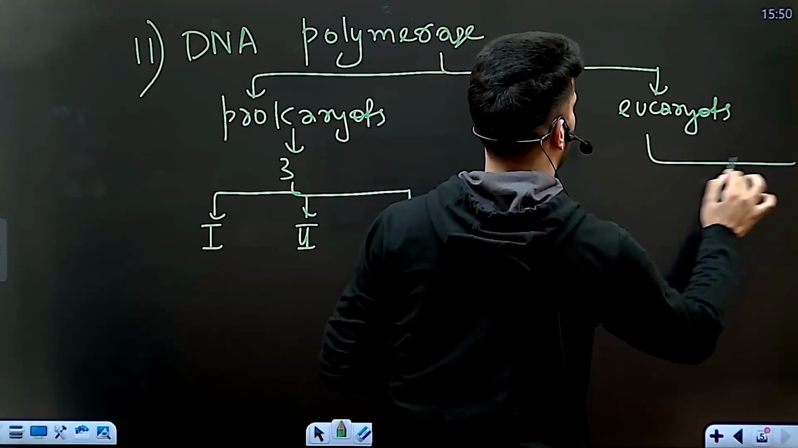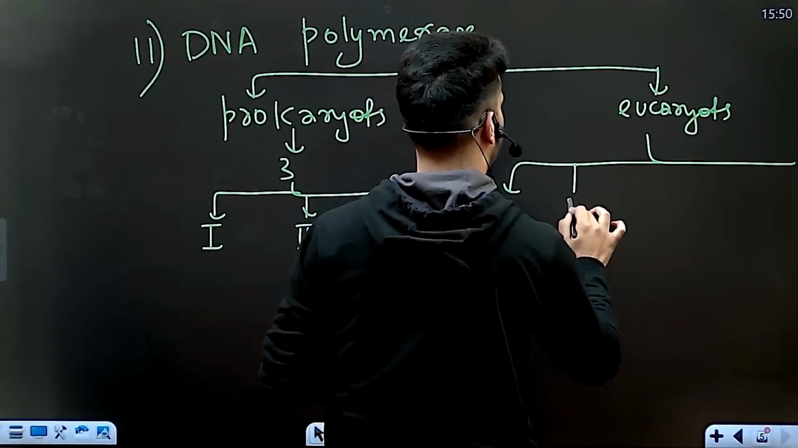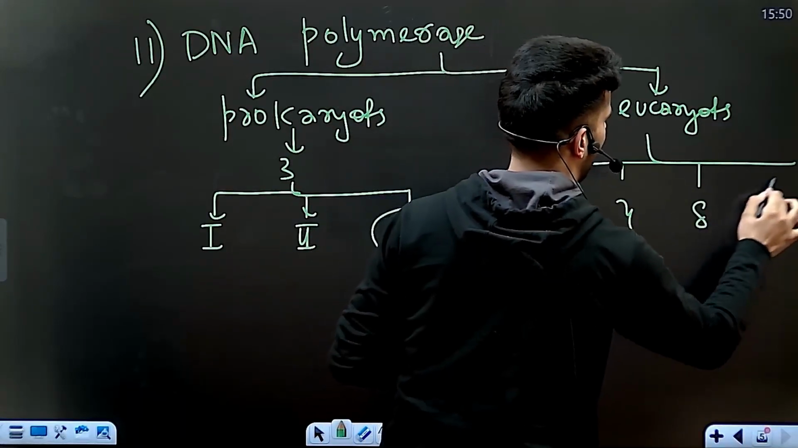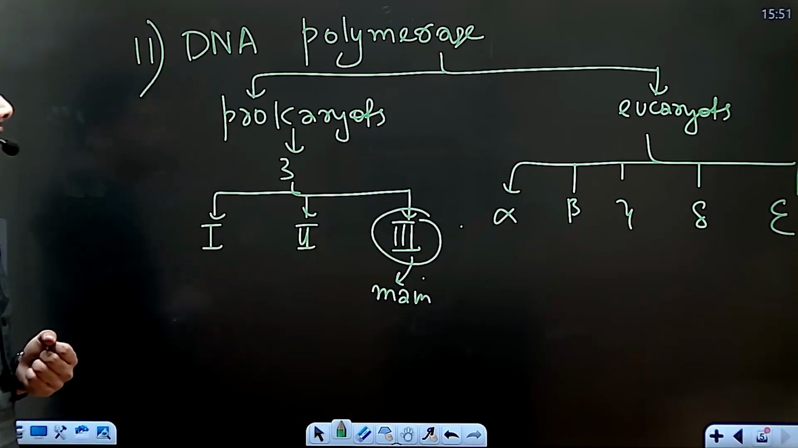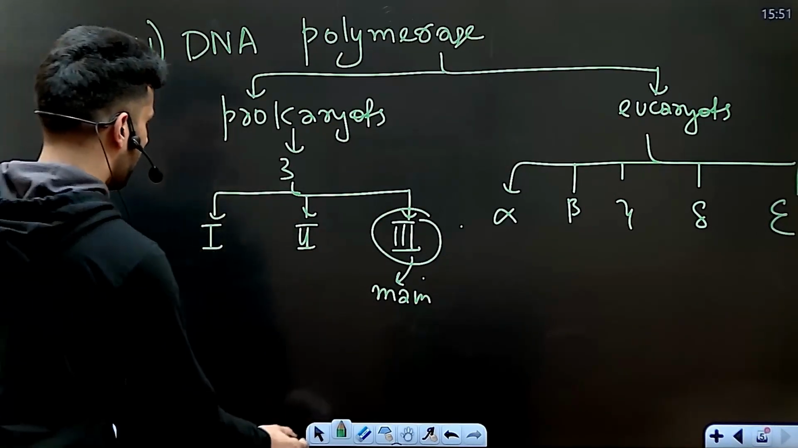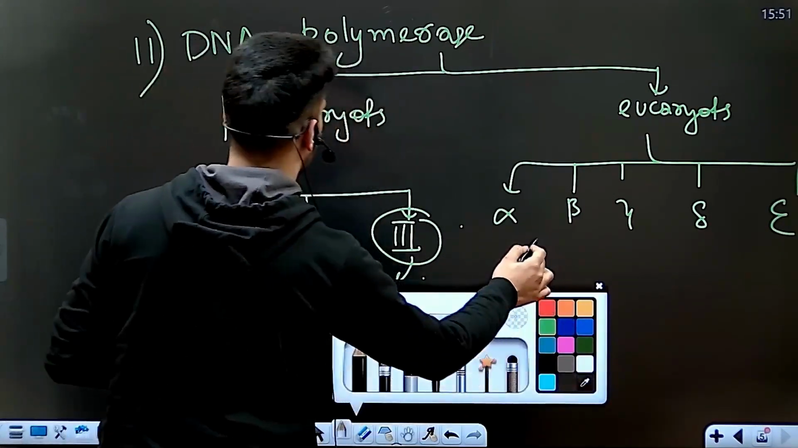And likewise in eukaryotes we have several types. यूकेरियोट्स में बहुत सारे डिस्कवर किए गए हैं, like we name them alpha, beta, gamma, delta and epsilon. ऐसे टाइप्स ऑफ डीएनए पॉलीमरेज हमें यूकेरियोट्स में मिलते हैं। तो डीएनए पॉलीमरेज डिफरेंट टाइप्स के हैं।